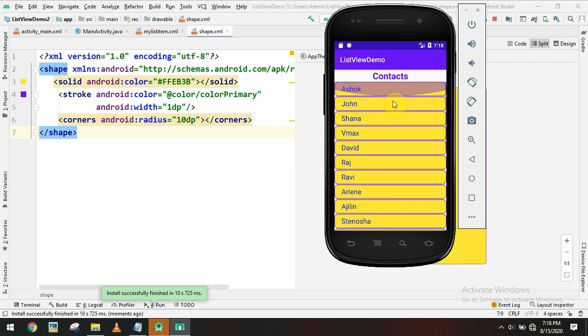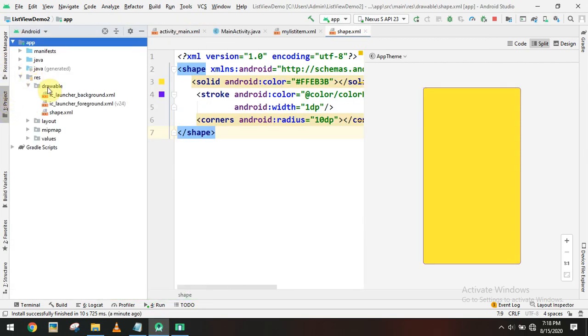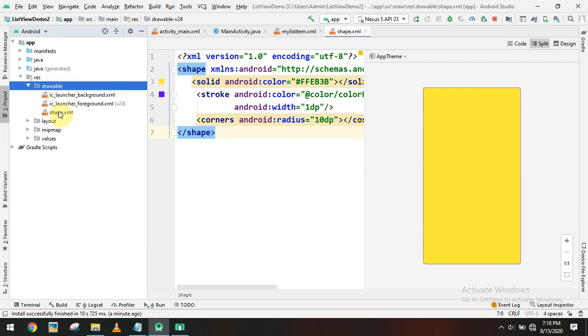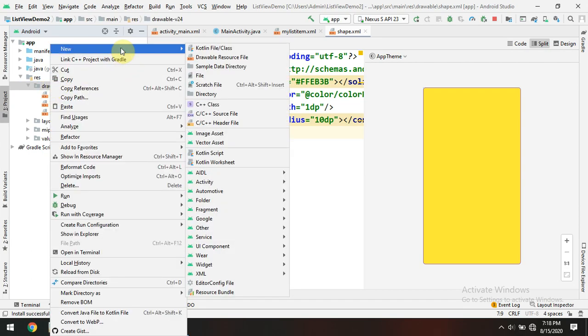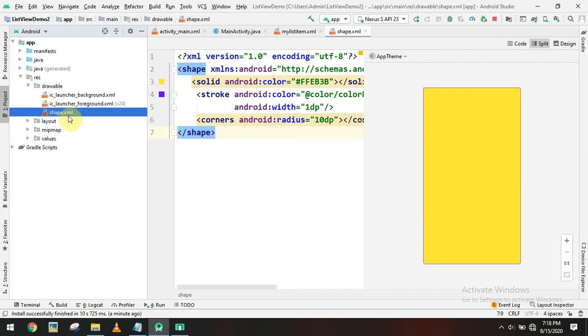Okay. So like this we can customize every list item in a list view using a drawable resource in the project. You have to go to drawable and create a resource file. Right click, select new drawable resource, and you can name the XML file.